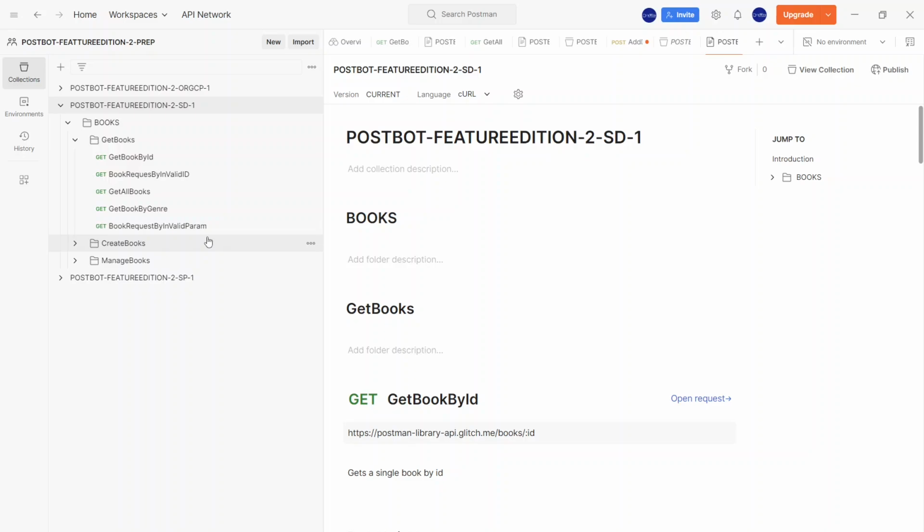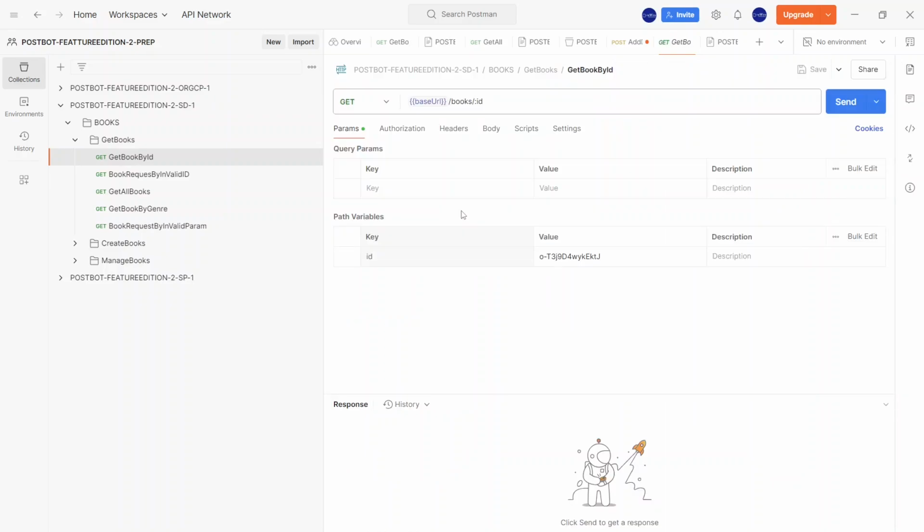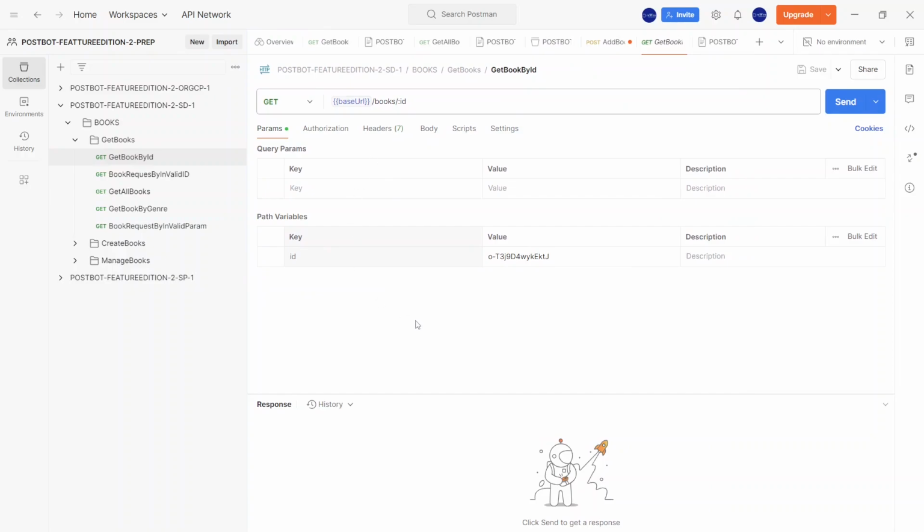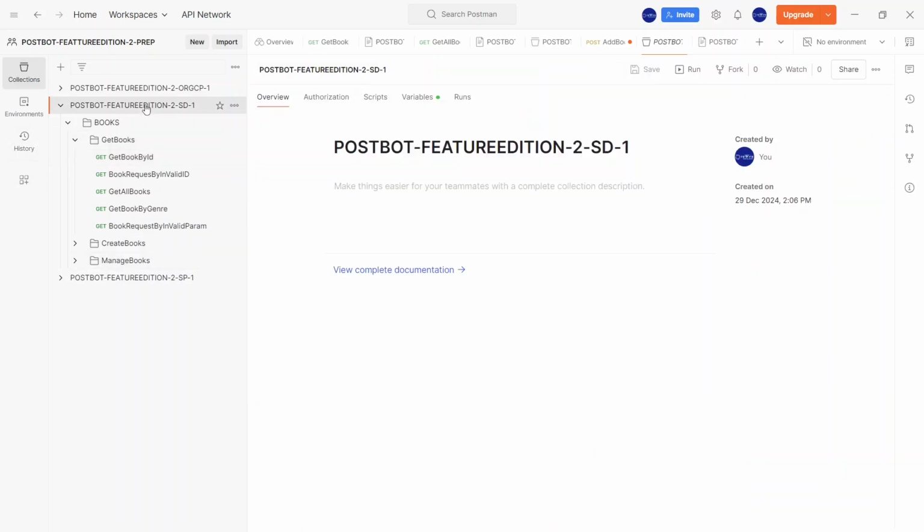Okay, let's move on to the document. Suppose we have this here, and you can see this is the request, context aware, right? This window we have to open. Okay, by default, on the collection, under the overview tab, you will see view documentation. Initially it doesn't have any description. Postbot cannot write any description over here, and we need to manually enter the content. Okay, once you click on this one,